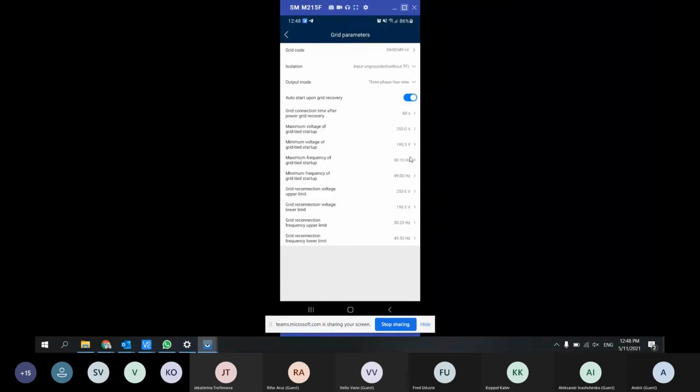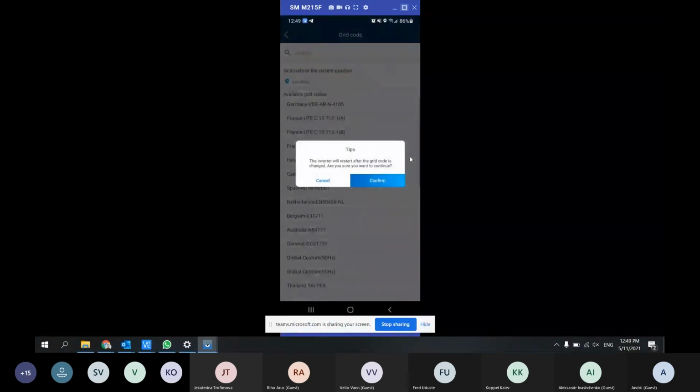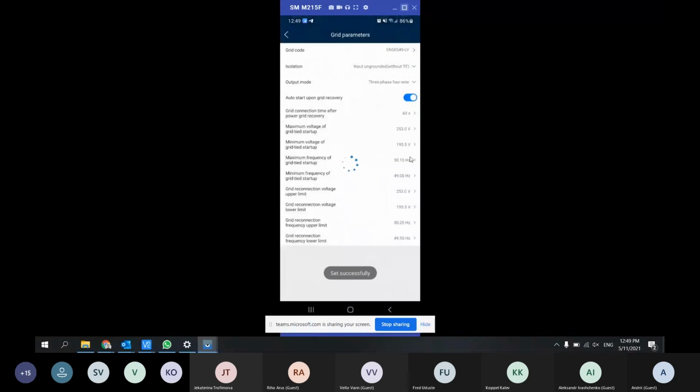It is already adjusted because we did it from Fusion Solar. But if you want, we can do it again. We choose some other default grid code, like here. The inverter will shortly restart.